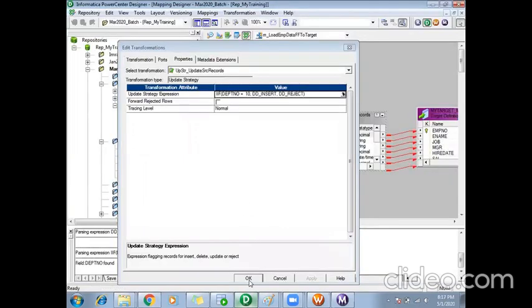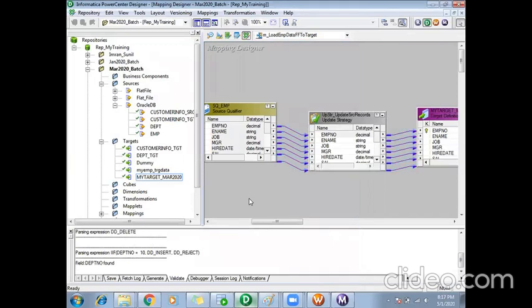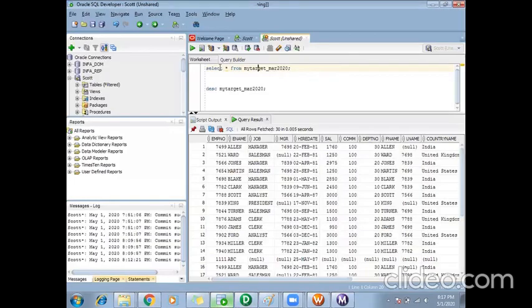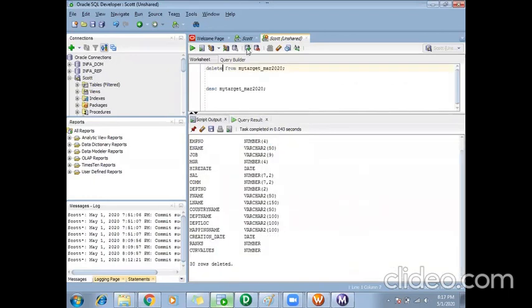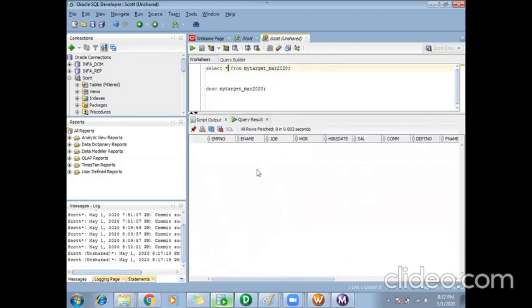So if I say okay, save it, let me delete the target table now, to show you guys that it inserts only records with department 10. Okay, so my target table is empty.